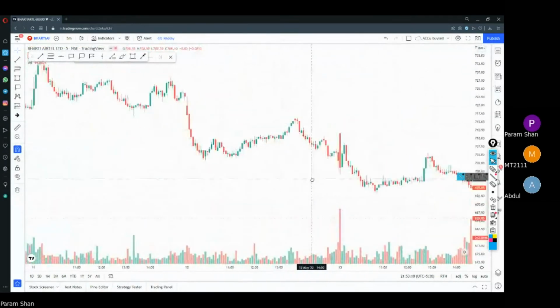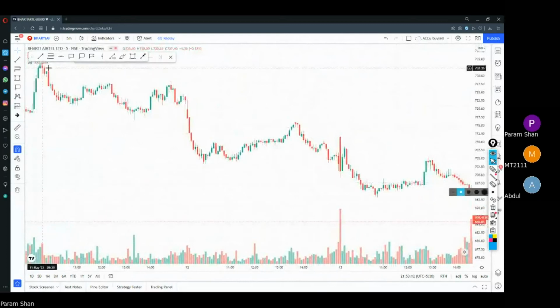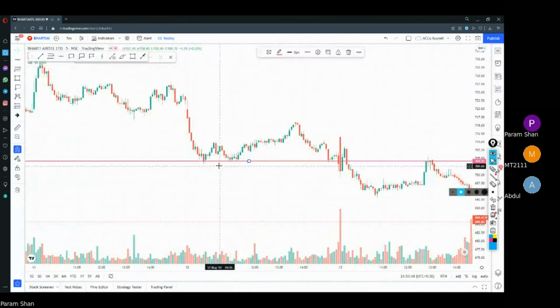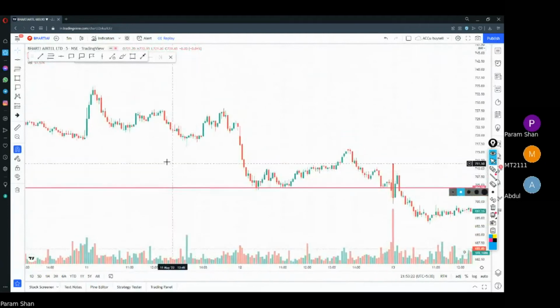As you know, this is the area where the price was tested multiple times. So this is my support area, where the price has respected many times. And remember, previous resistance or support can act as each other. So this is a support zone,